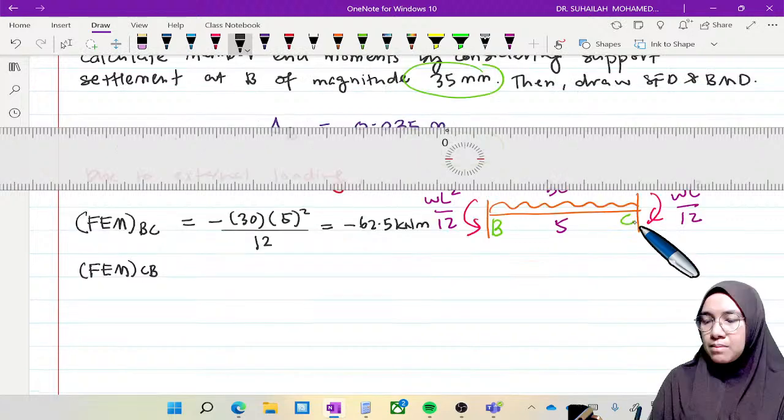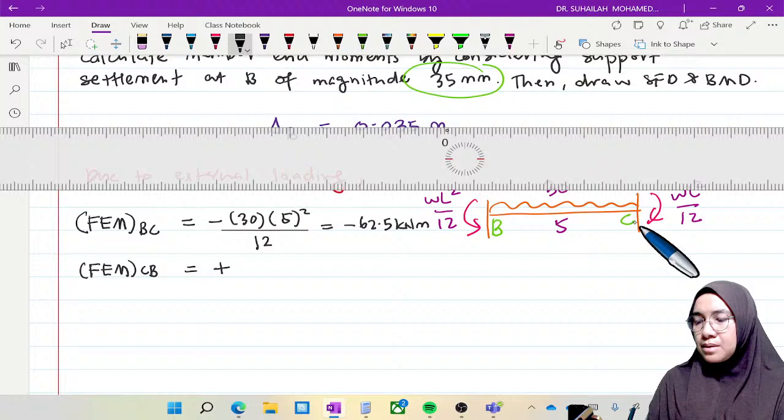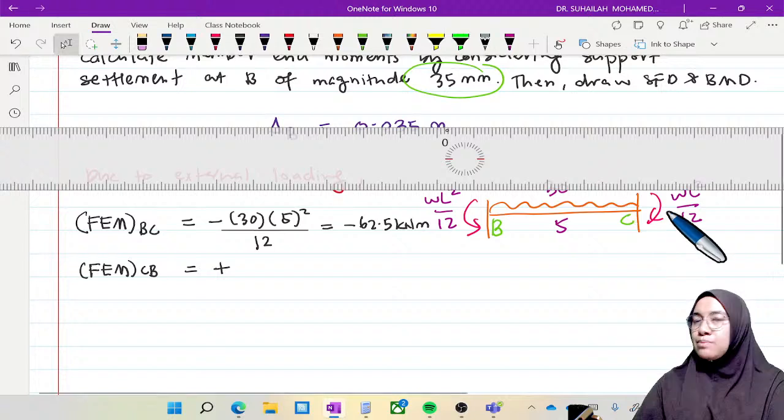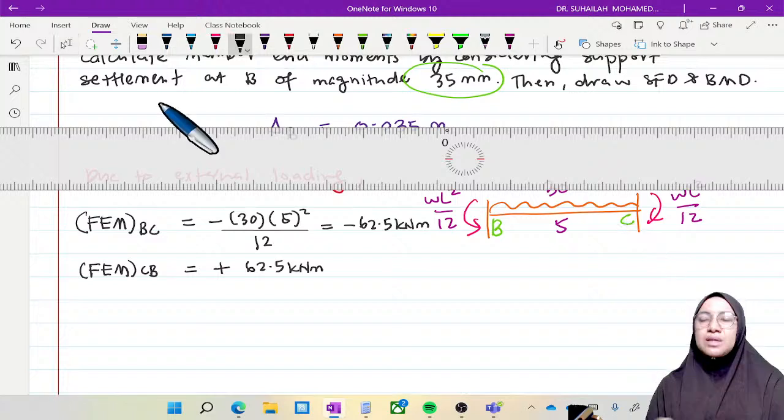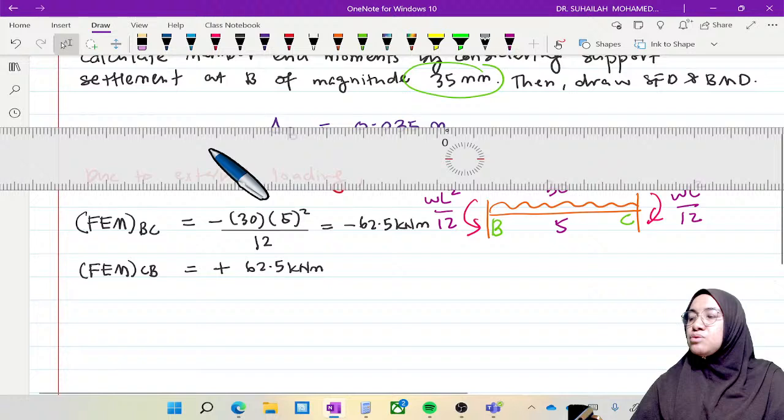FEM CB is a positive value, because this moment reacts to the loading, so we have to apply the moment in the clockwise direction because it represents the behavior. It is positive, the same value, so we get positive 62.5 kilonewton meter. This is due to external loading. Now we move to